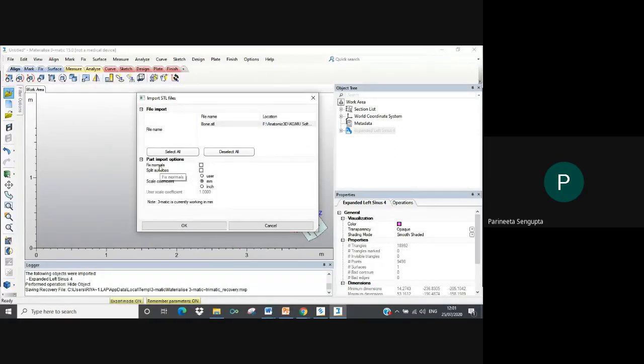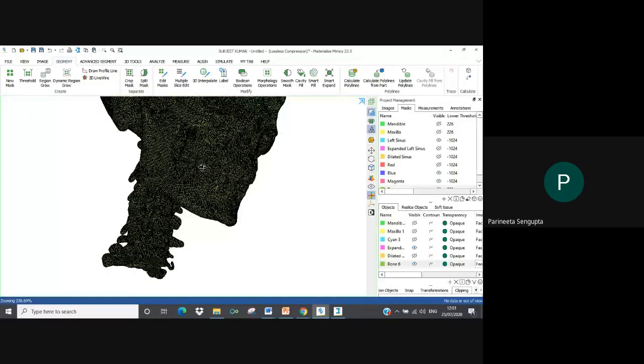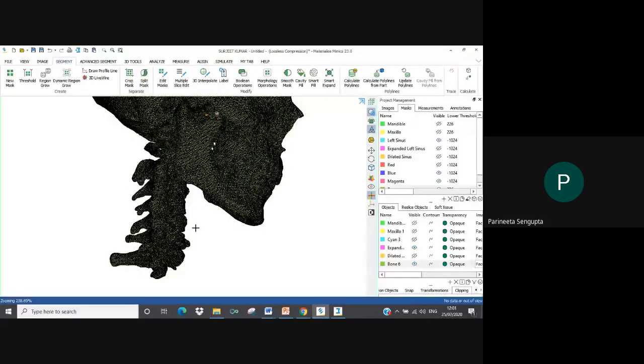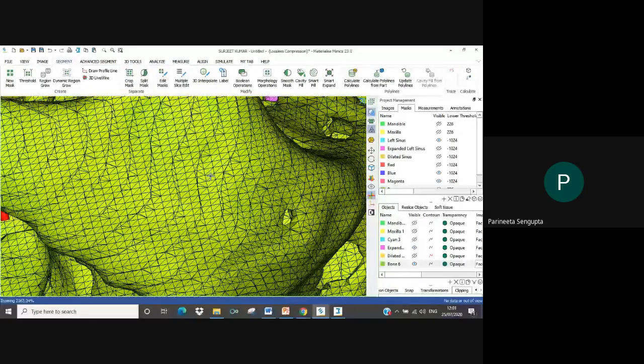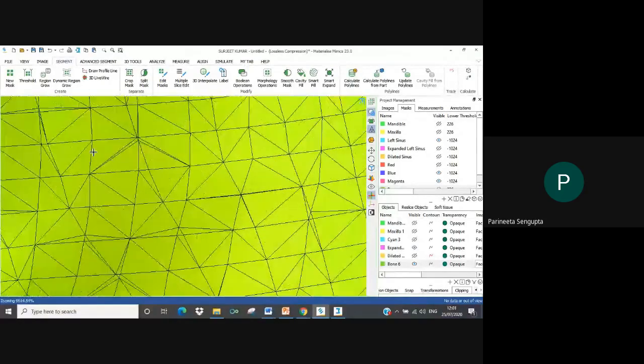What are fixed normals? If I go back to the Mimics file and show you the triangular view, you see each triangle is oriented in a particular form. Not all the triangles are oriented the same. Some triangles are bigger, some are smaller.